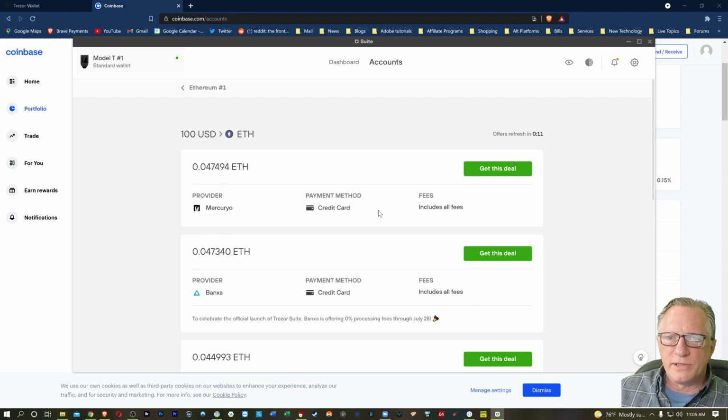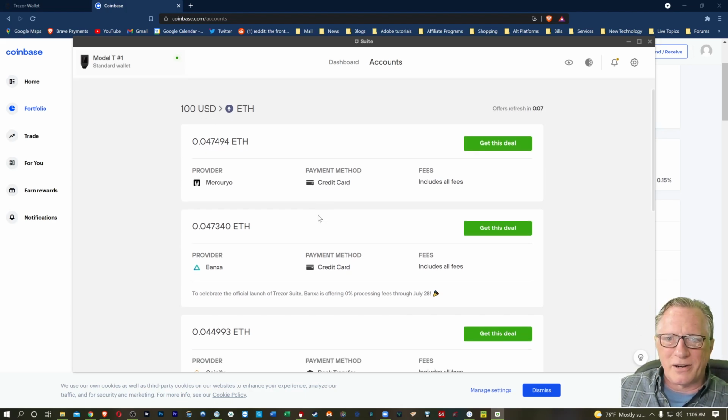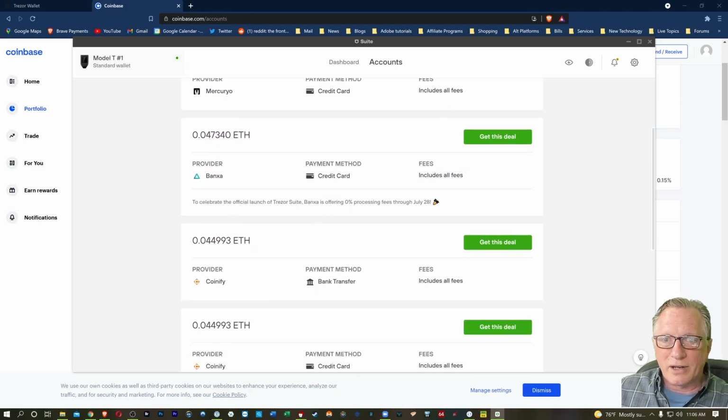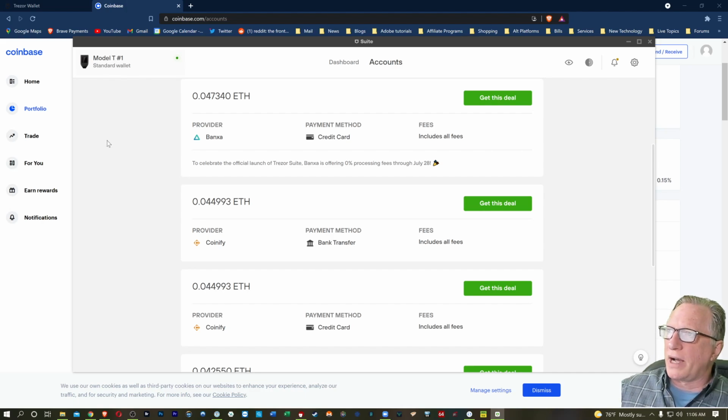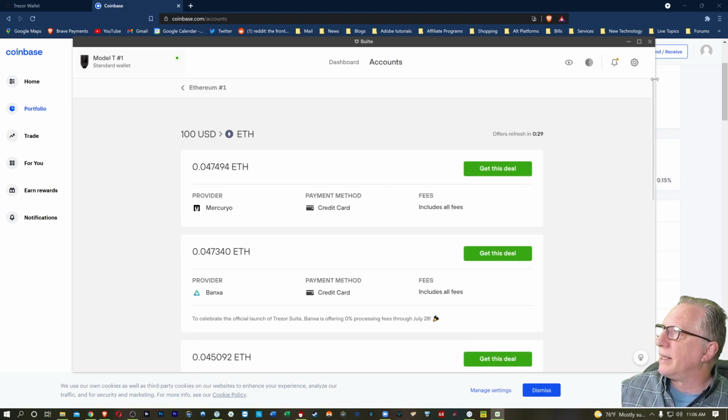I don't believe any of these are going to be anonymous, right? Because you have to use your credit card. So in order to use a credit card, you have to verify your identity, right, and the bank transfer. All right. But let's go back over to Coinbase and go ahead and